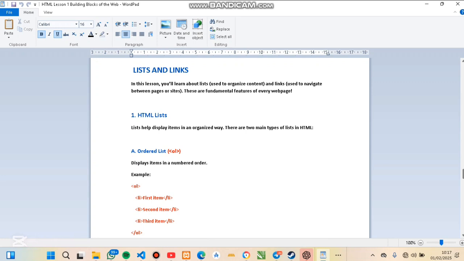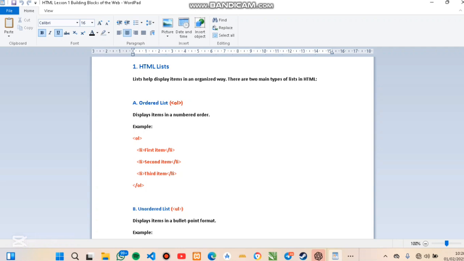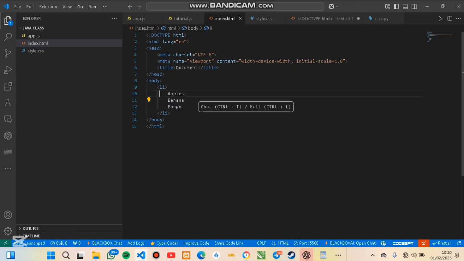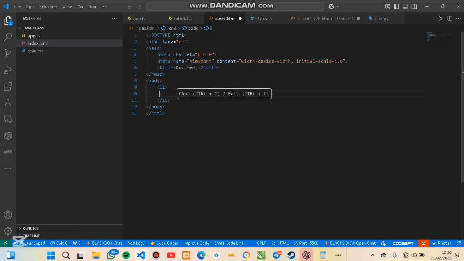This one displays items in numbered order. What I mean by this is, let's put it into practice. So we are talking about the ordered list. Before we go into the ordered list, let me explain the list, what list exactly means. So a list is something like to list an object in such a way that it will be organized. So that's exactly what a list is, and it's denoted by li. So list is different from type of list. I'm going to, let's say,